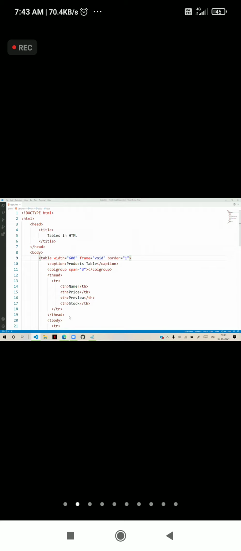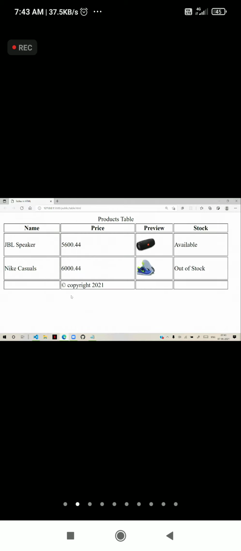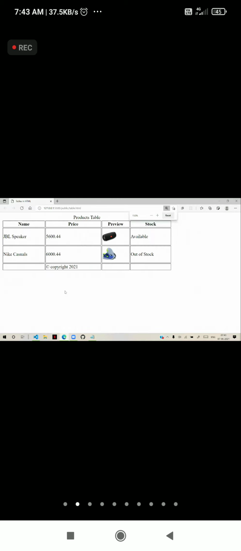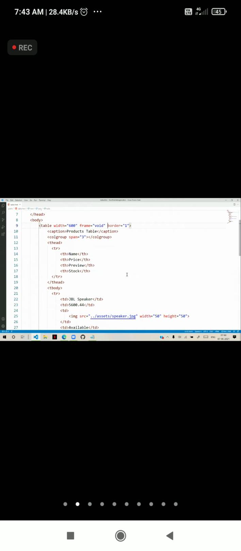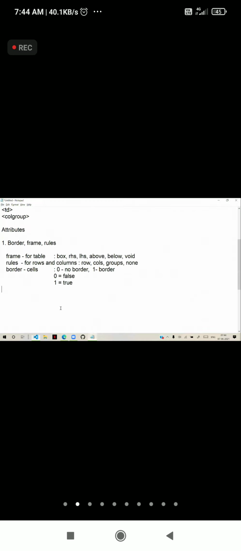That is technically how you can apply the border, how you can configure the border. That is generally the table border related options. So how you configure the table and how you can define the table with border, frame, and rules. These are 3 options available.